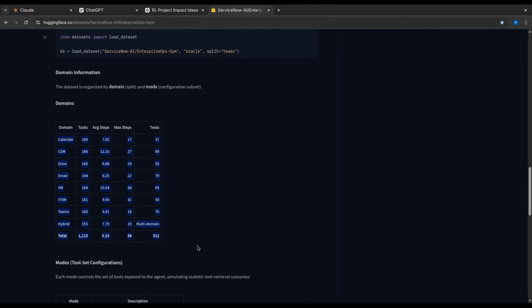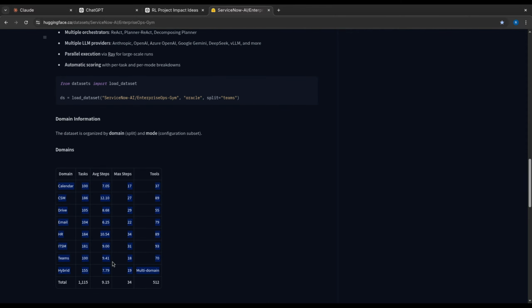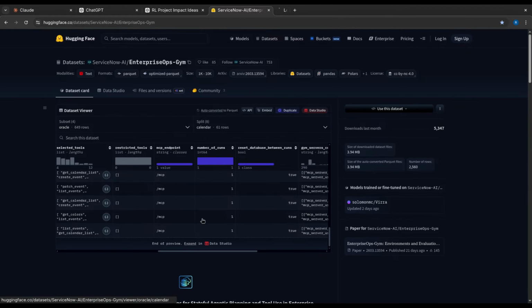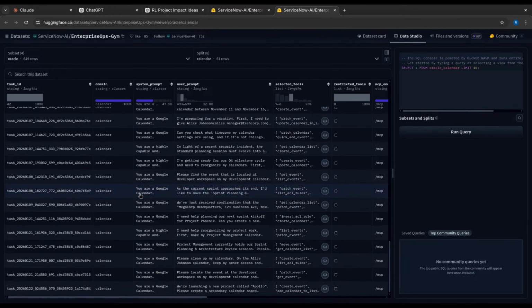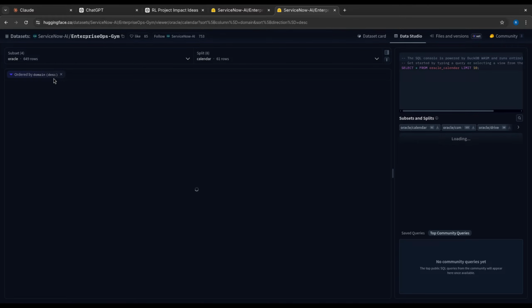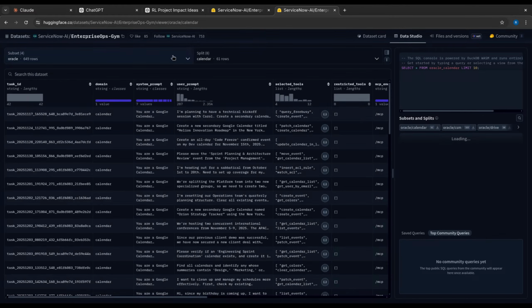So yeah, we will be deciding from any of these domains. I don't know what hybrid is. Is there a way to expand it? Okay, this is about hybrid. Calendar. Okay, this is hybrid.